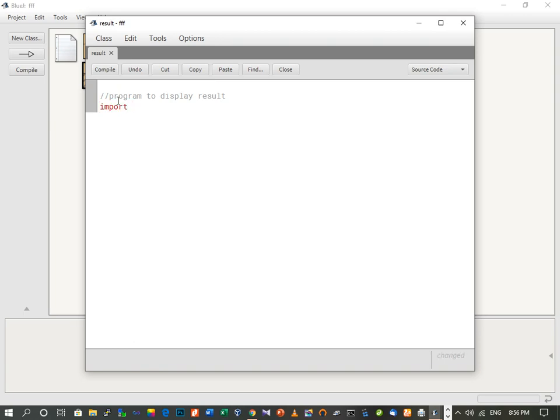Import java.util.Scanner, S capital in Scanner. Then we write the class name, so public class result.